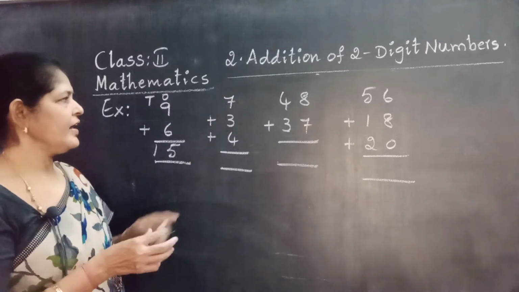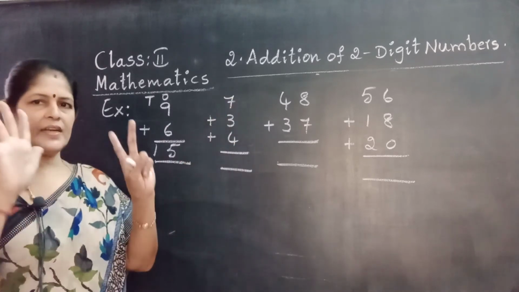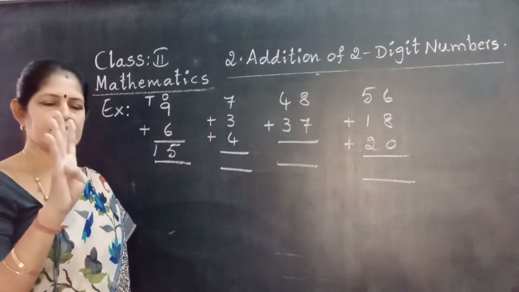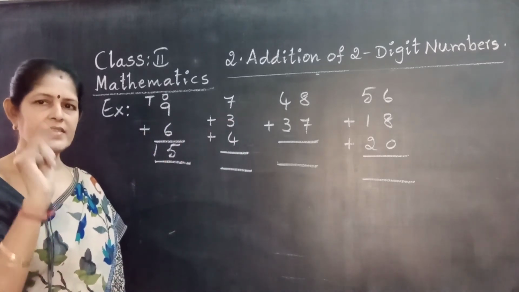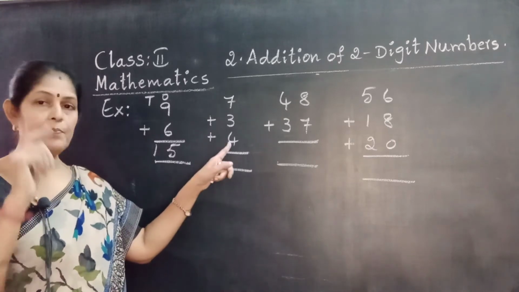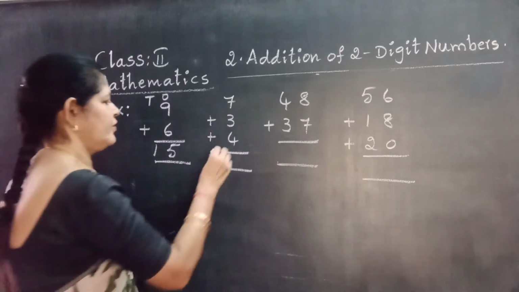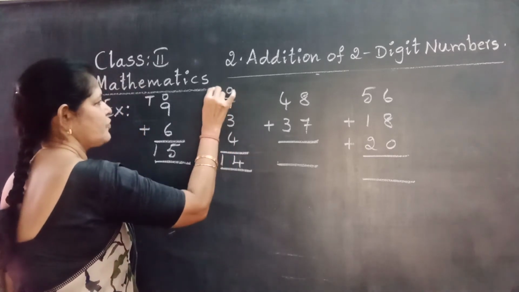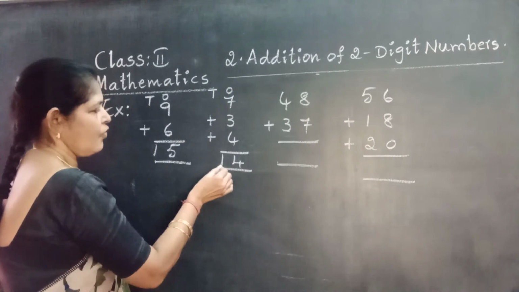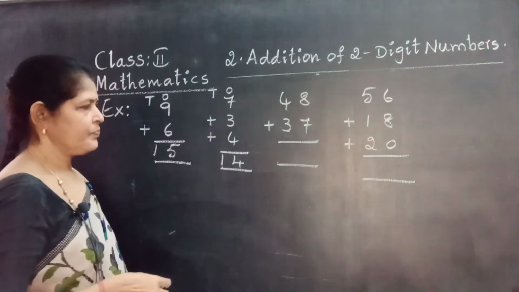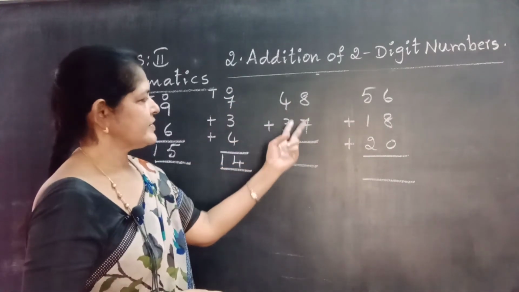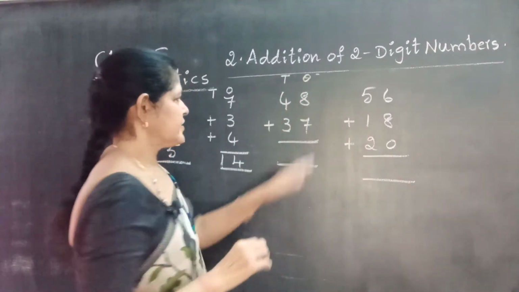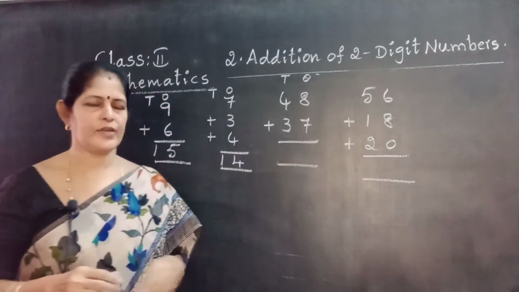Now come to here, start from the upper number. Take 7 fingers, 3 after: 4, 5, 6, 7, 8, 9, 10. 10 in the mind, 10 plus 4, very good, 14. Again we get a 2-digit number, ones, tens. 1 is written in the tens place. Now come to 2-digit numbers, 2 lines. Ones place, tens place. First adding ones, same process.